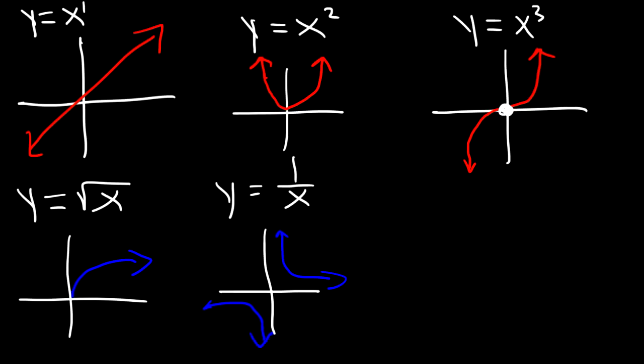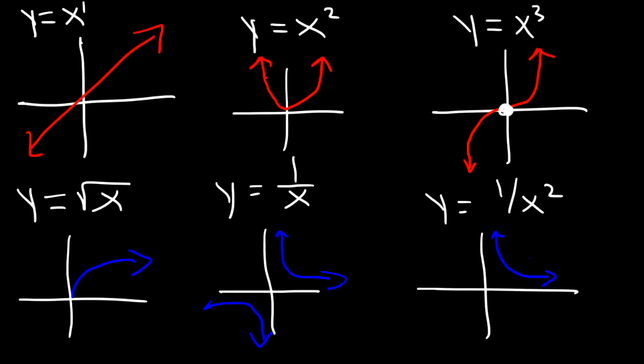It has a horizontal asymptote of y equals 0 and a vertical asymptote of x equals 0. 1 over x squared is going to be an even function. The asymptotes are the same. Next,